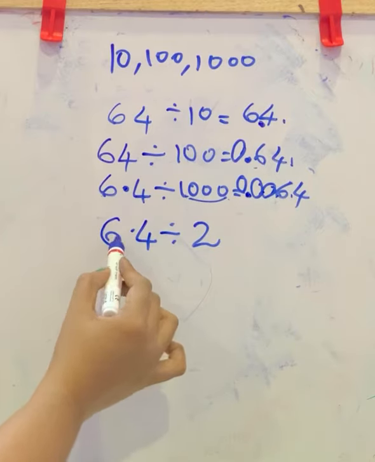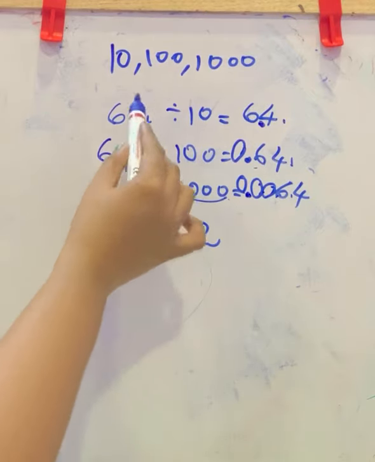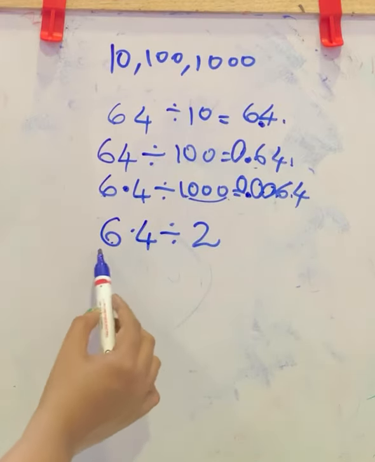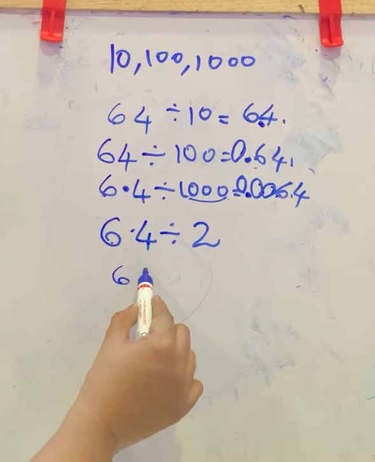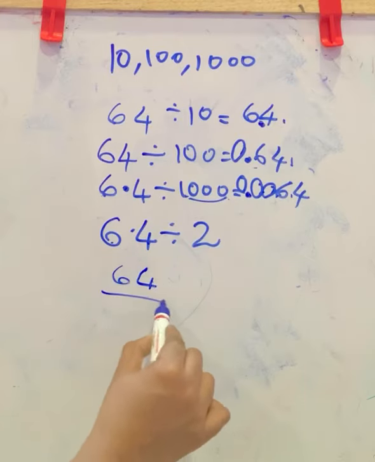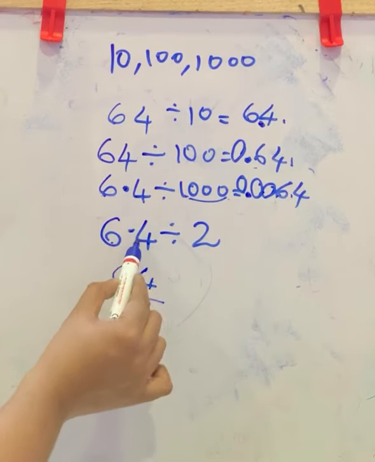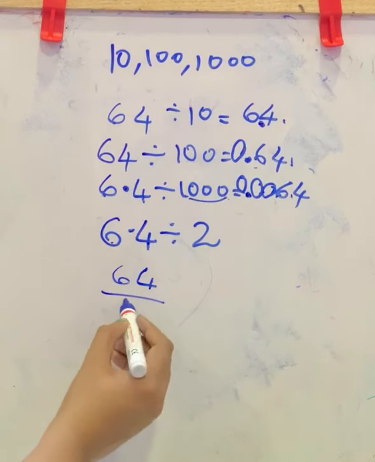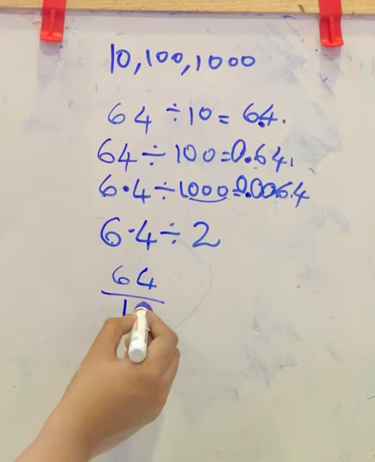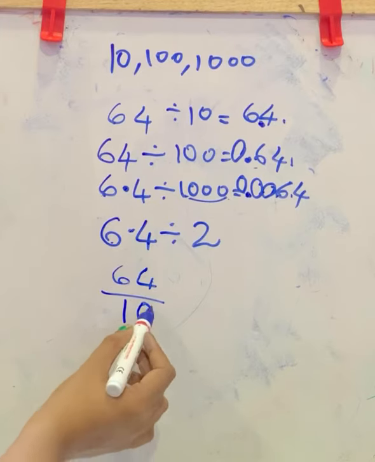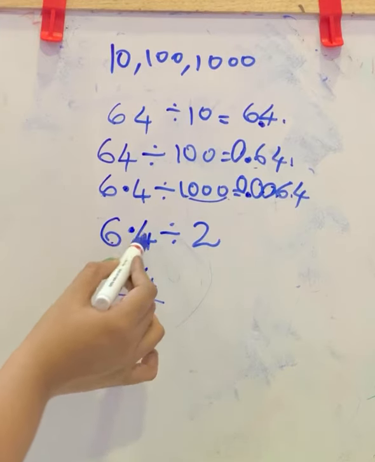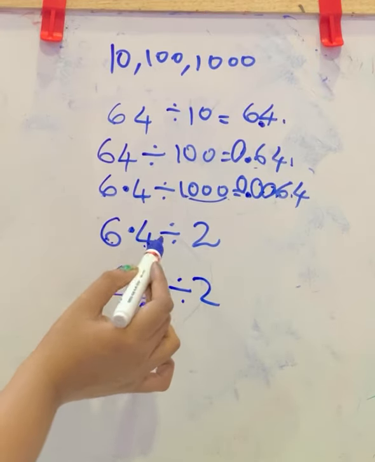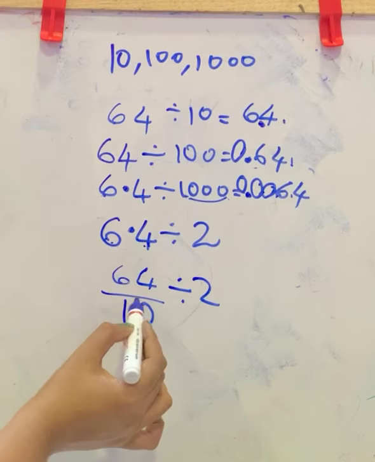Here we know 6.4 means 64 division 10. That is, if you get a number like this with decimal, you want to convert this as 64 division. Check how many numbers are there after decimal. Only one number is there. So you can say it is division by 10. That is 10. That is why we got 6.4. And this is division 2. So 6.4 we converted to 64 division 10.